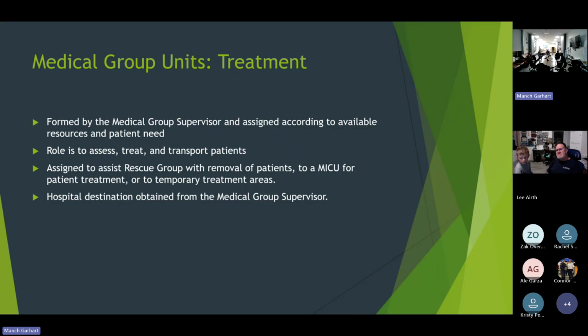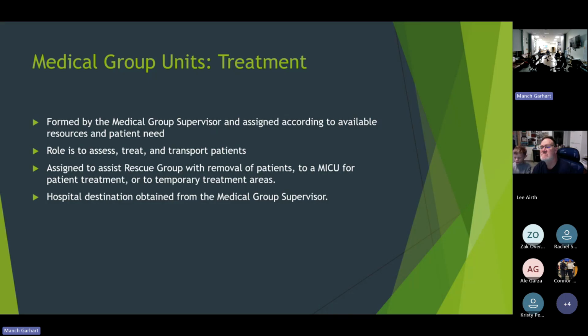Because I can't take anymore. And then, that medic might be more critical for them to go further down. And so this is where the idea of the treatment is we are assisting the rescue group with removal. We might start IVs inside the vehicle as it's getting torn apart. That's awesome, to be under the blanket, under the tarp,